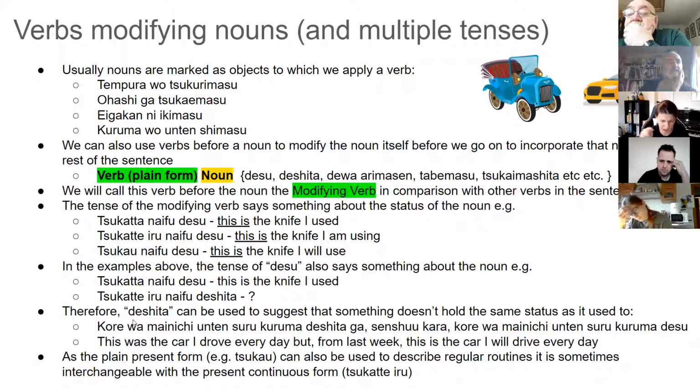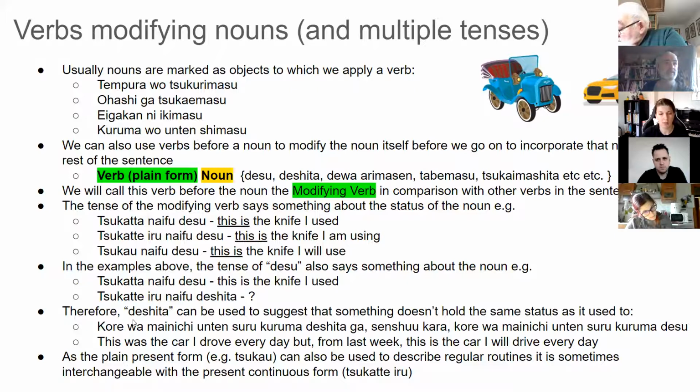For the last one, for the plain present form that you want to show the habit, does that mean that both the tsukatteiru and the tsukau can be translated as both? So that tsukatteiru also means this is the knife that I am using now. Yeah, it depends really on the thing that you use. So for example, if we're talking about the car that you own, then I think unten shiteiru and unten suru are completely